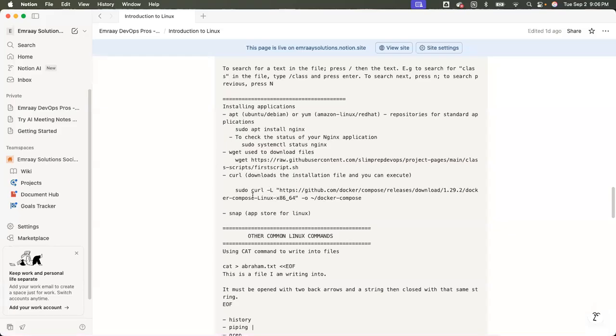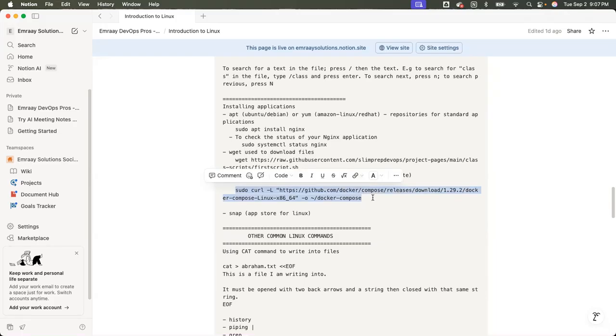If you want to download... Do you have water beside you, sir? No, I don't. But let's finish curl, then we'll go on break. Curl also downloads it for you, right? It also downloads it for you. So I'm going to copy this command here, and let us see how that goes.